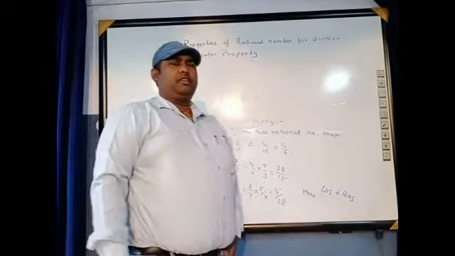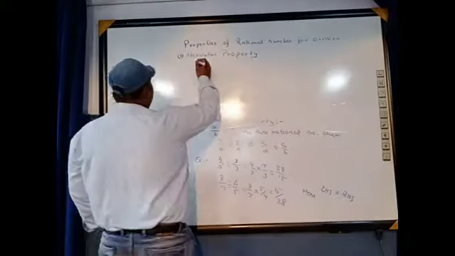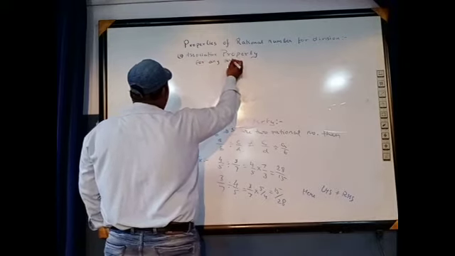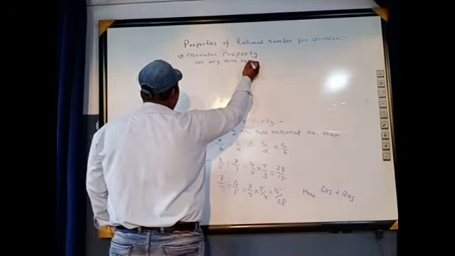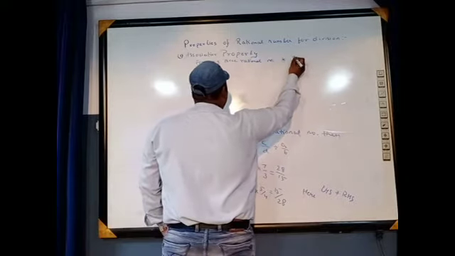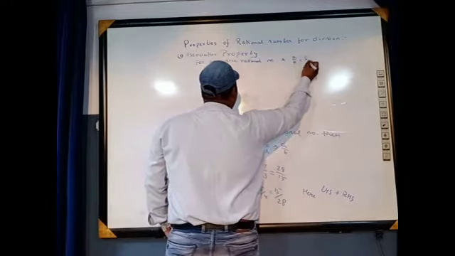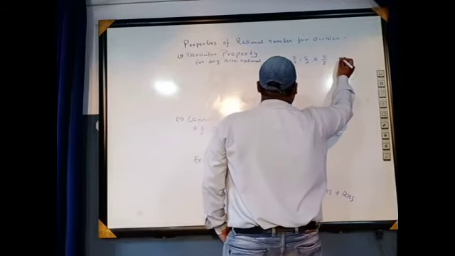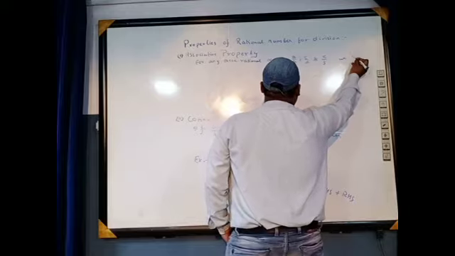Now, for any three rational numbers, i.e. a by b, c by d, and e by f, we have